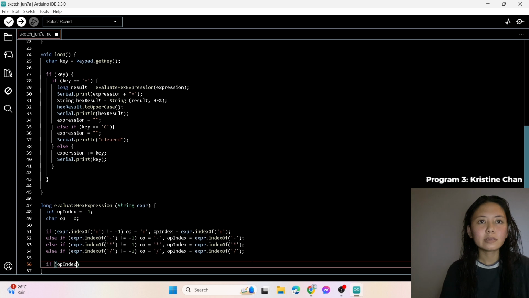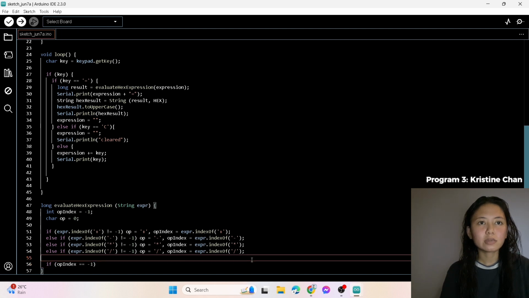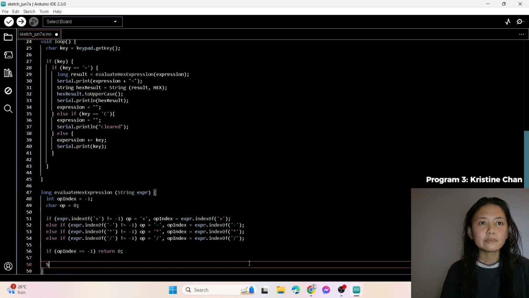Then for the next line, if open and close parenthesis, opIndex double equals -1, then we will return this. Return 0. It means no operator found. That's why it will return 0. Next, to split the expression into two